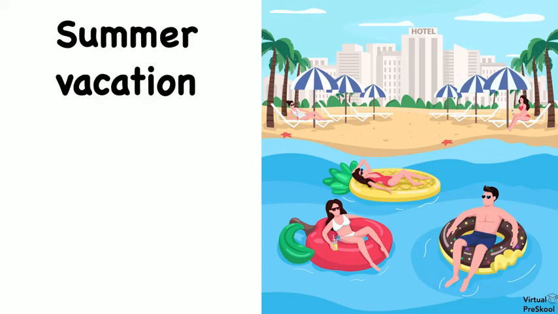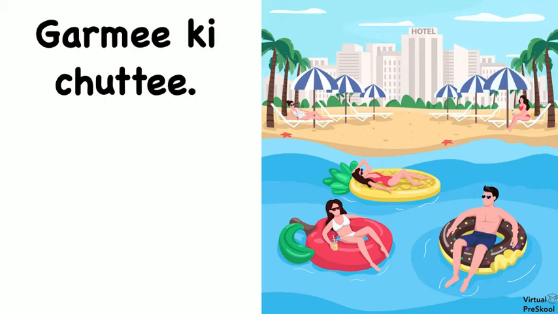And since it's summer, we're going to use that as our theme for practice today. So first, let's talk about how to say summer vacation in Hindi. Summer vacation. We say Garmi ki chutti. Garmi ki chutti. One more time. Garmi ki chutti. And what that translates to is